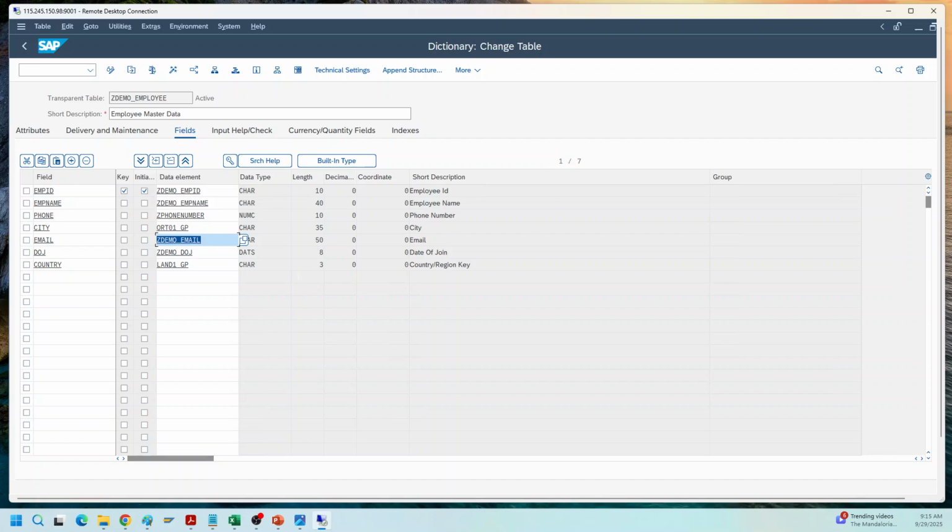So the important interview question from the table maintenance generator screen: how to regenerate the screen. If you added any new fields or removed any fields from the database table, you have to regenerate the table maintenance screen. Okay. And the other important interview question is about data,